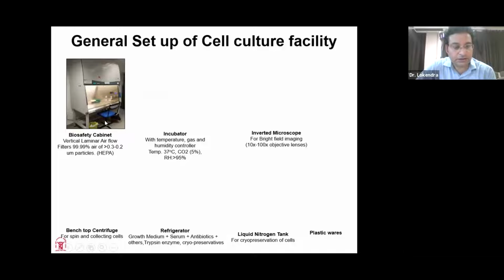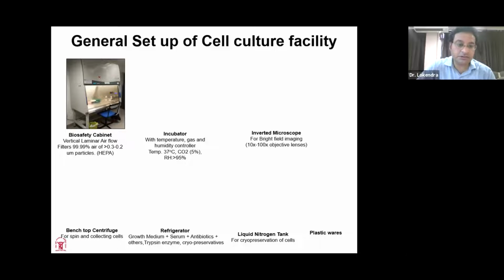This is a very important platform, or you can say biosafety cabinet, which is used for culturing various types of cells, and it has various levels of safety standards. Generally in the biosafety cabinet, there is a vertical laminar airflow. So air blows from upside to downward direction, and this airflow is filtered through 0.2 to 0.3 micron filters, and it circulates approximately 99.9% air which is free from any bacteria or particles above 0.2 or 0.3 micron in size. This is called high efficiency particulate air, and it provides aseptic conditions while culturing various types of cells.